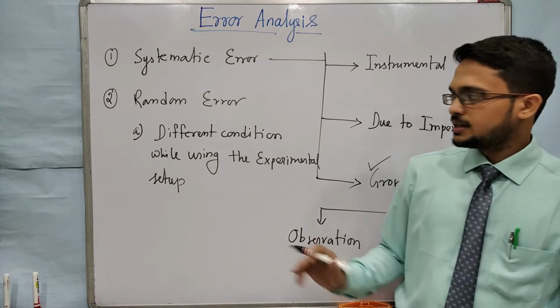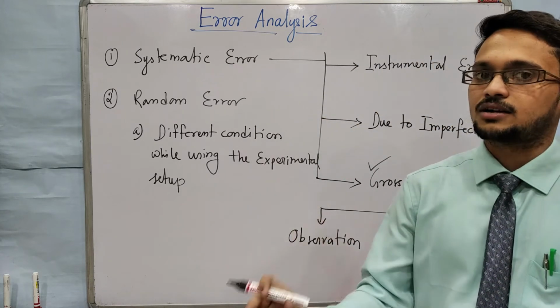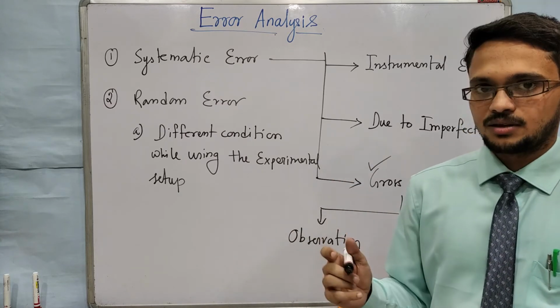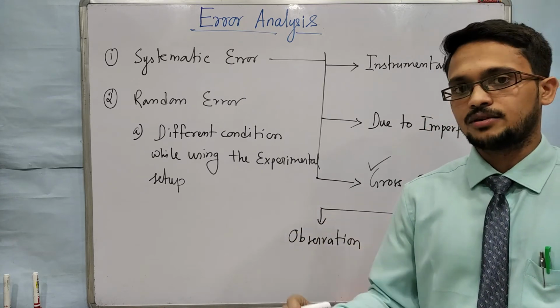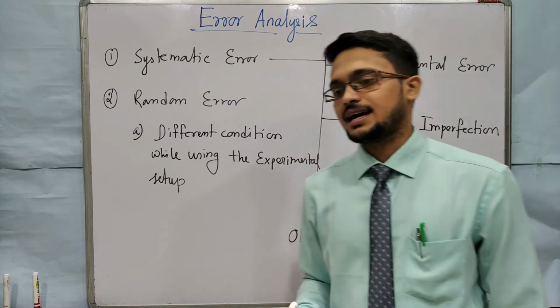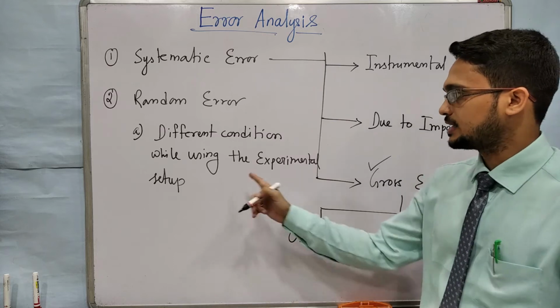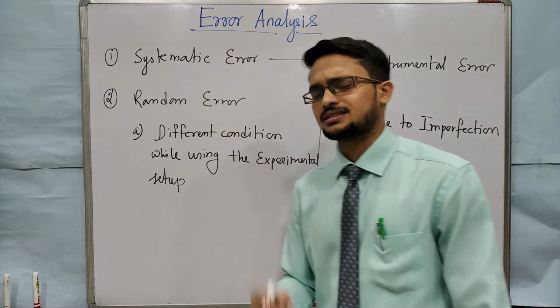Okay, but if we do the experiment and take the reading using a voltmeter across the resistance, then every time we will get a different value, a little bit different. Theory tells that we should get exactly the same value, but experimentally we are getting different values. Why? A few reasons are there.